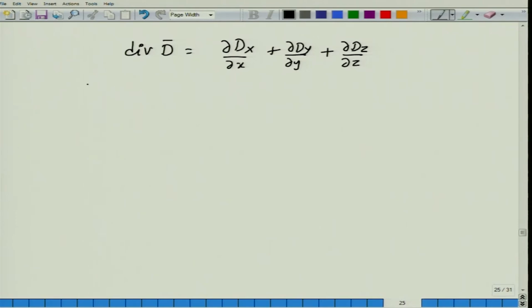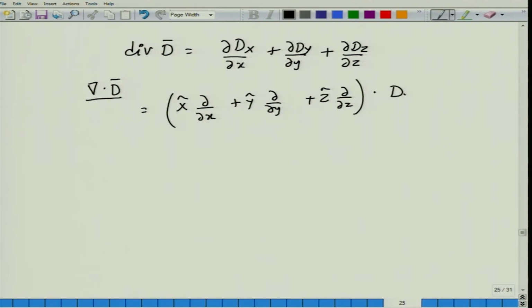Again I can use my del operator, okay, in order to write this equation slightly better in terms of a simplified notation. Consider what is this del dot D. Remember that D is a vector field, which means that D is a function of x, y and z, and at every point you will have three components for D, that would be dx, dy and dz. And if I consider this operation del dot D, I know what is del, right? That is the operator x hat del by del x plus y hat del by del y plus z hat del by del z. So if I now take the dot product of this with respect to dx x hat plus dy y hat plus dz z hat, I clearly obtain the